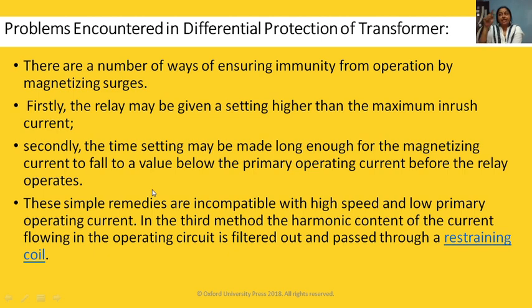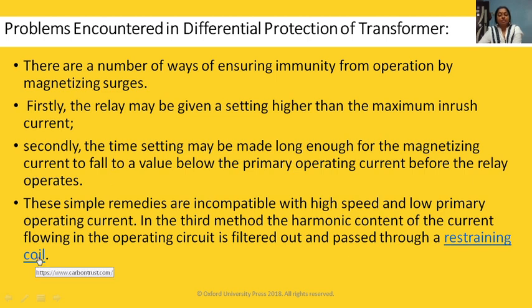As it decays after some time, if we make the setting after that time, the relay will operate, but that time is very long. For internal faults also, the relay will operate only after that time, and this may hamper our other protection schemes.